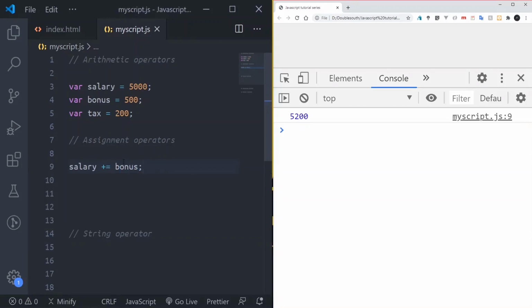You see? So now, what I do here, this salary plus equals to bonus, is the addition assignment. And what does it do now? It will add bonus to this salary.